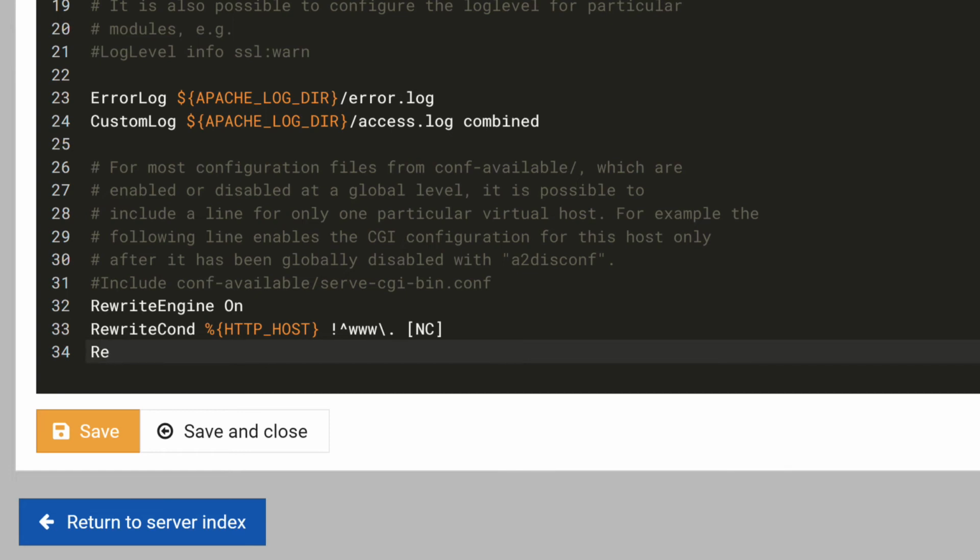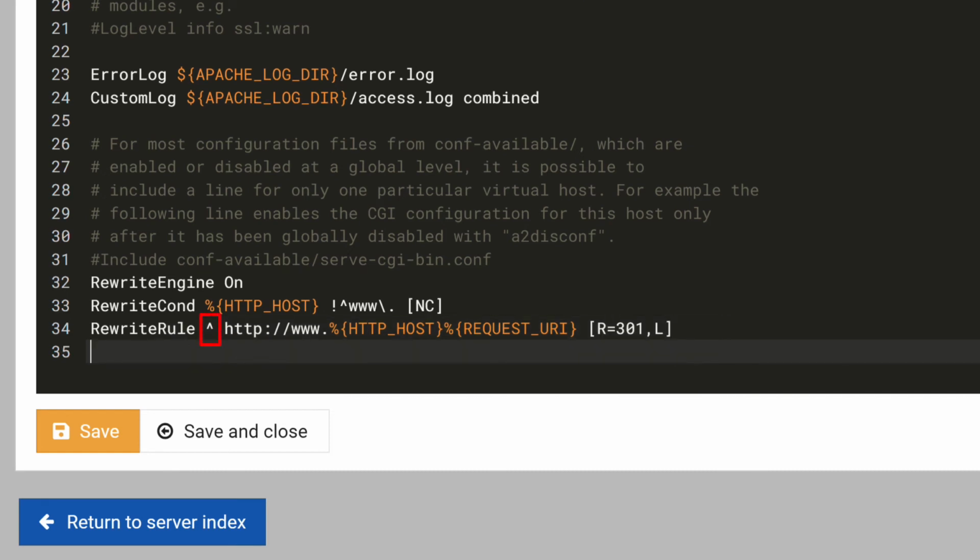Enter RewriteRule space ^ space http://www.%{HTTP_HOST}%{REQUEST_URI} space [R=301,L].